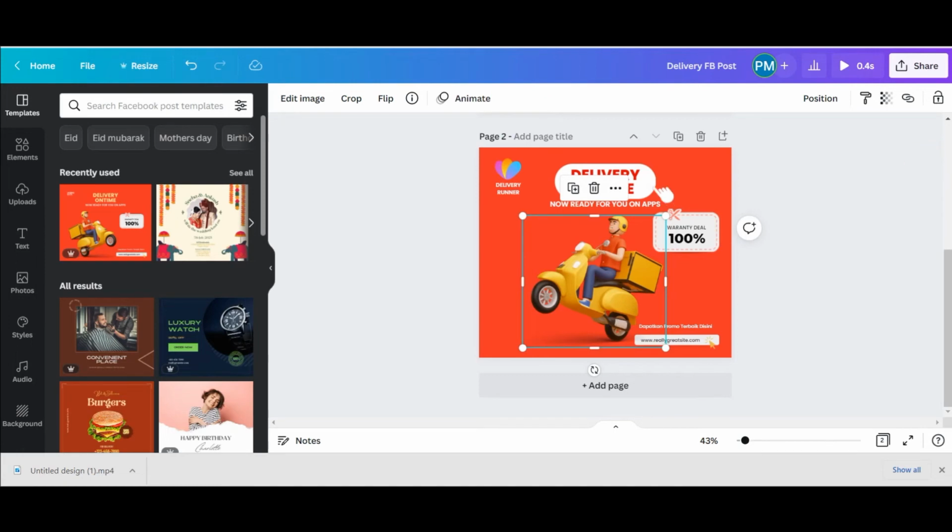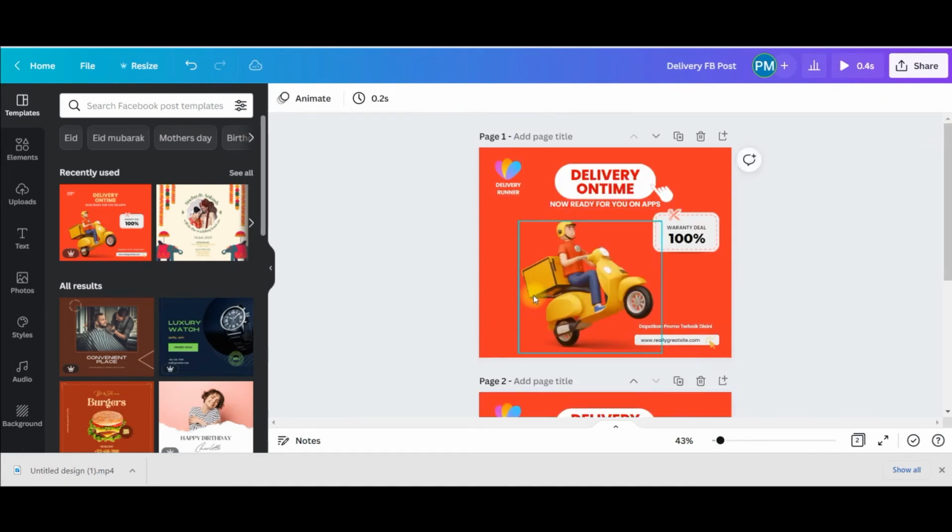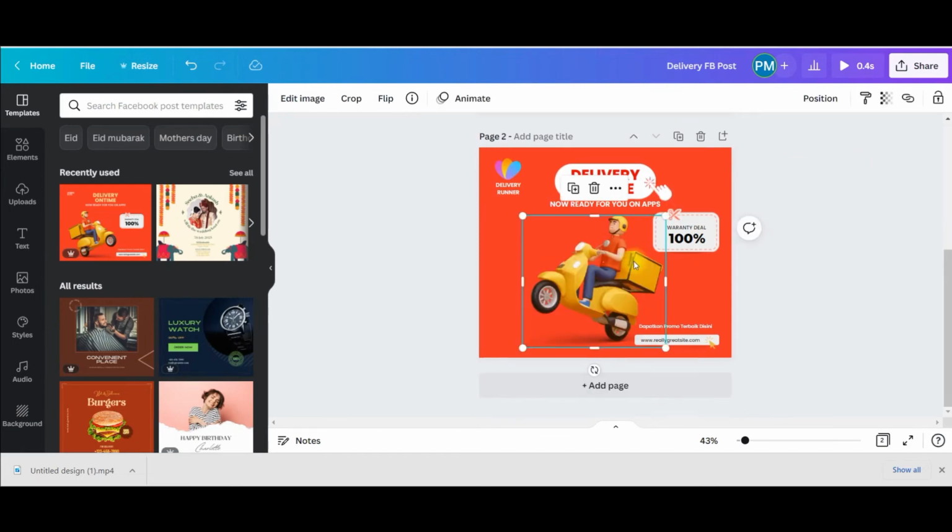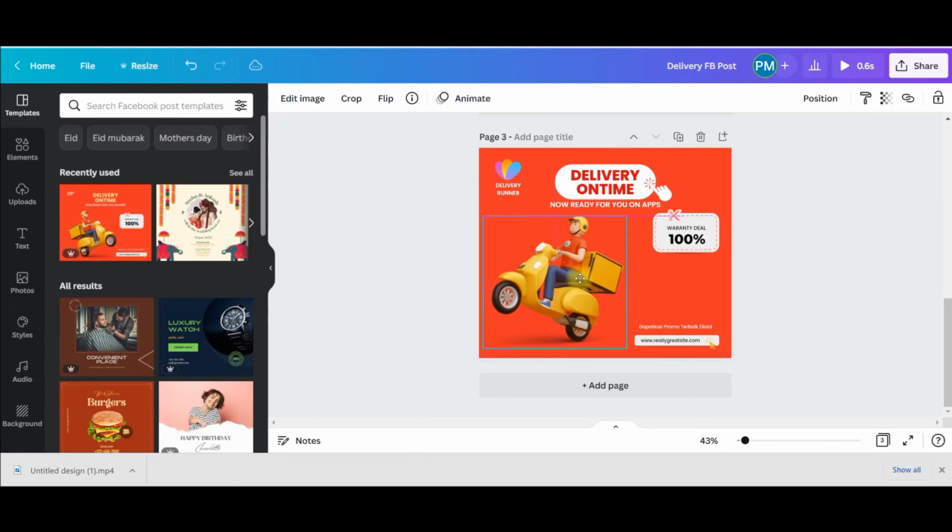Add these templates, like this one where my delivery person is going in one direction, and I can make him go in a different direction just by flipping. Same process after this: just flip it, then click on the entire slide, duplicate it, then click it, make it a little forward.